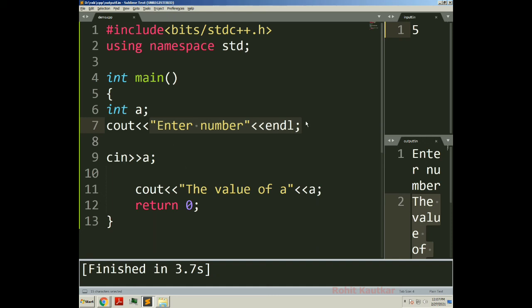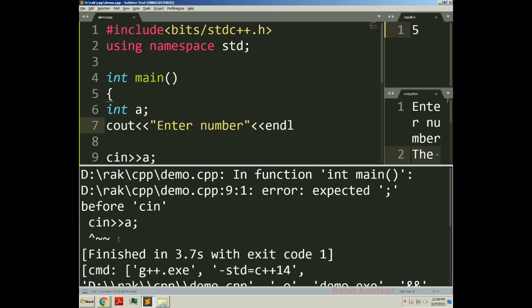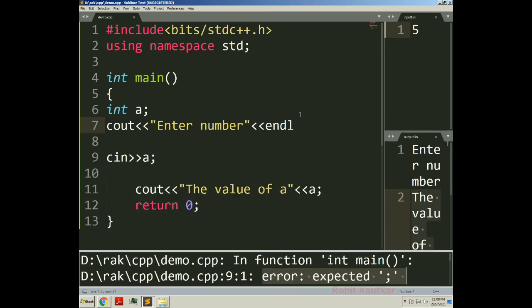If there is any error, it will display like this. Suppose I miss the semicolon, and if I try to build, here you can see the error appears in this way. Expected semicolon. So like this a syntax error will appear. So again we will change it.